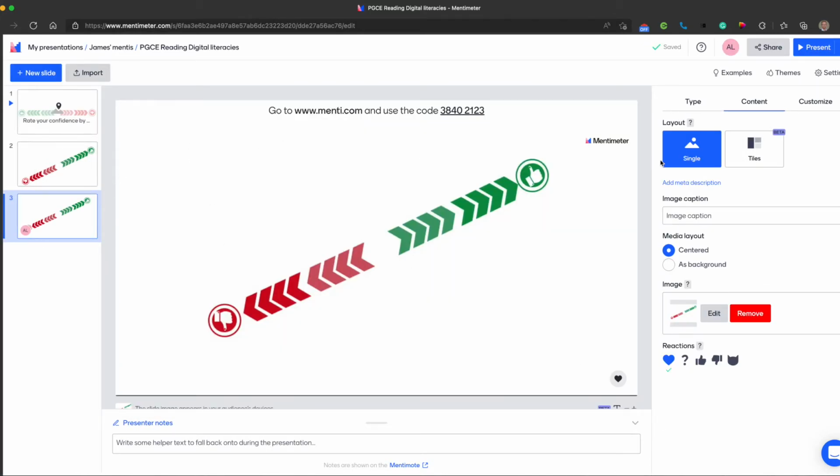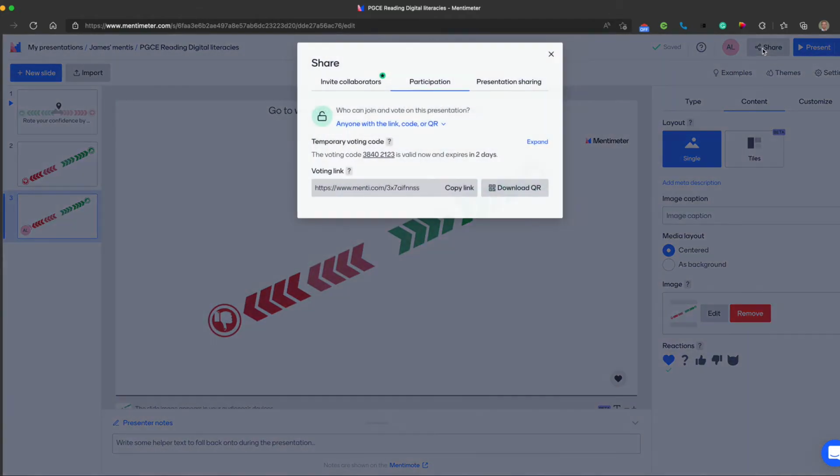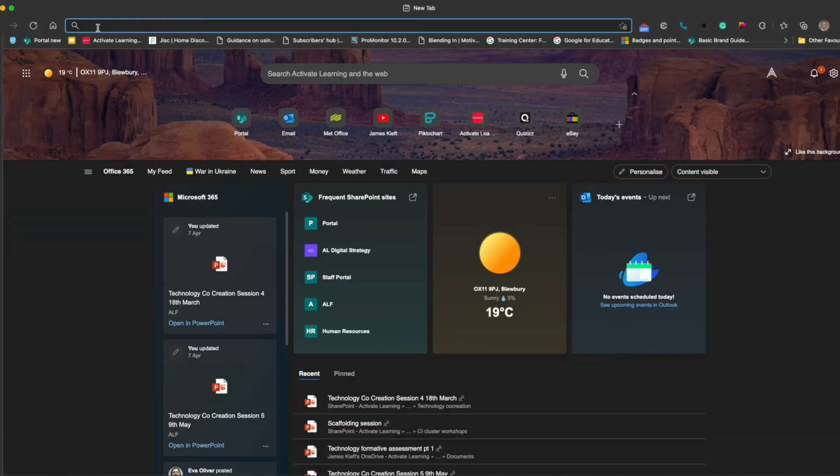And then to share it, you simply click up on the share, and what I tend to do is I tend just to use the one slide in Mentimeter and then add it to another presentation tool I might be using. So if you've got students in the classroom with you and they've got mobile devices, you can download a QR code, or we could just copy the link, and then if I paste it here just to show you what it looks like,